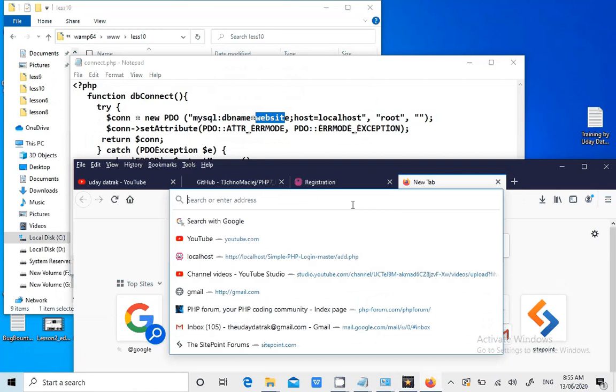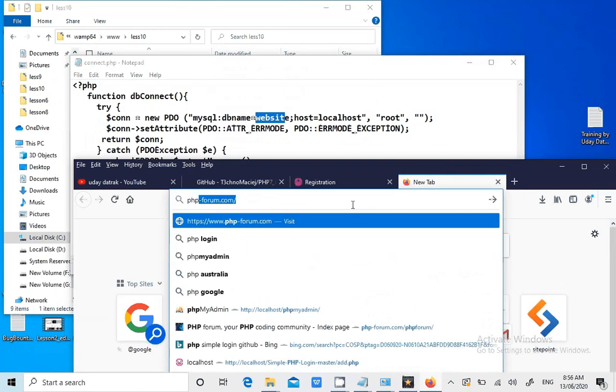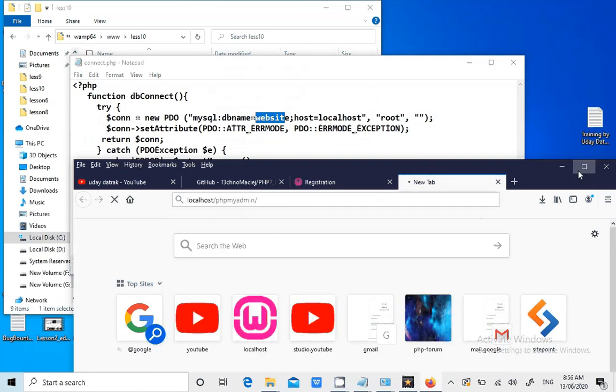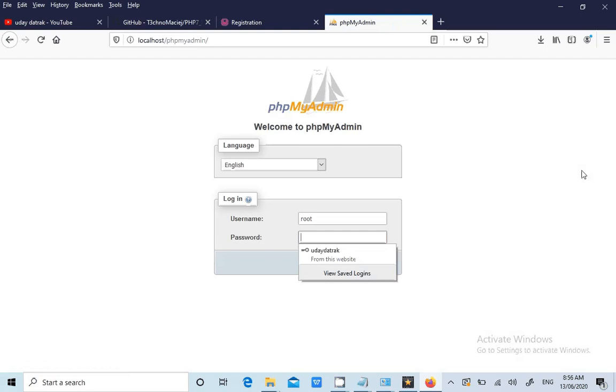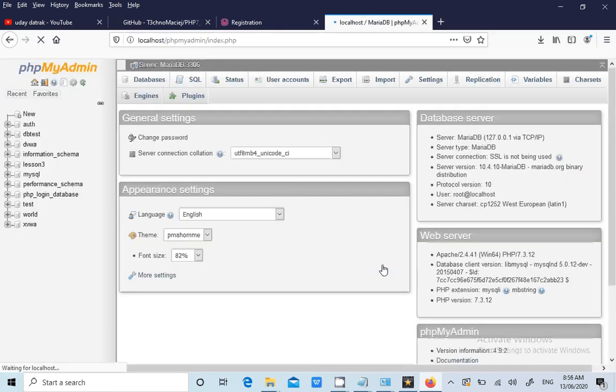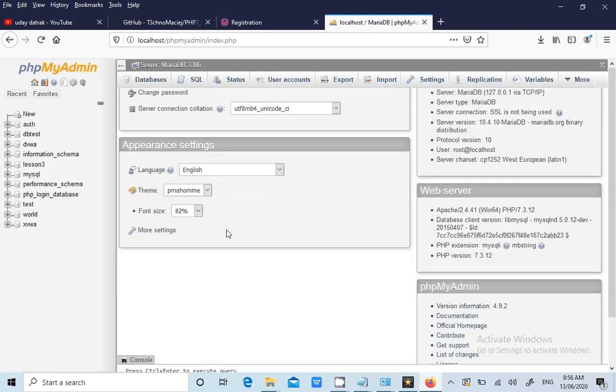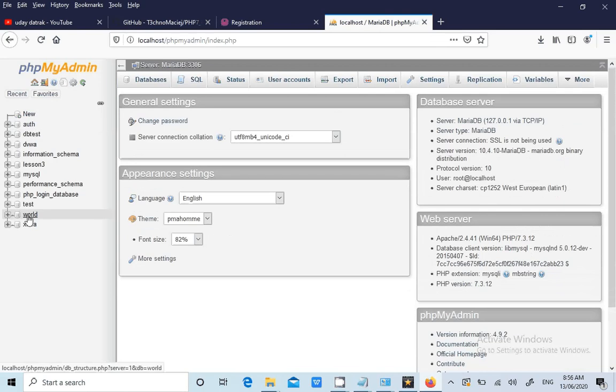For that we need to open phpMyAdmin. It's very good that in each example we are learning something new. Like here, we do not have any database called website.